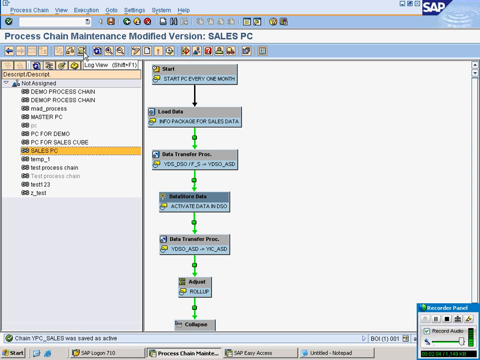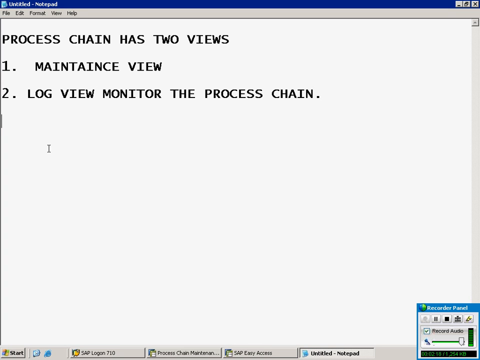But suppose you have been given, let us say, 100 process chains to monitor every day. Can I open each process chain and go to its log view? Is it possible? Is it recommended? So generally you will not go to log view from here. To monitor your process chains,